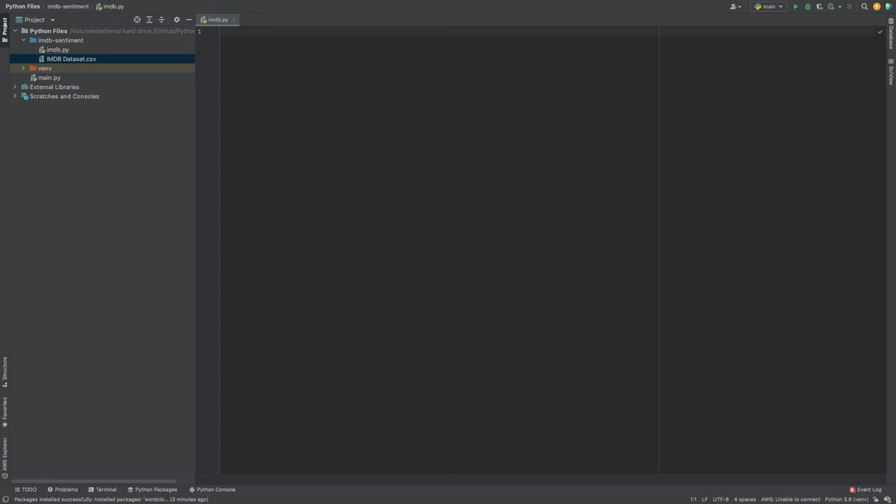But first of all, let's start with the basics. So you create a new file imdb.py, and